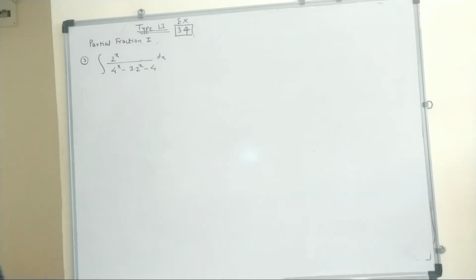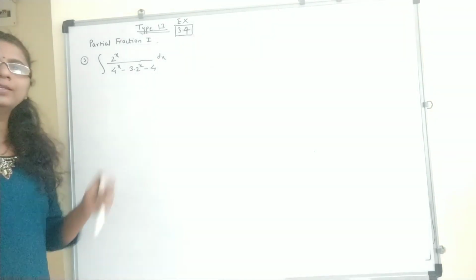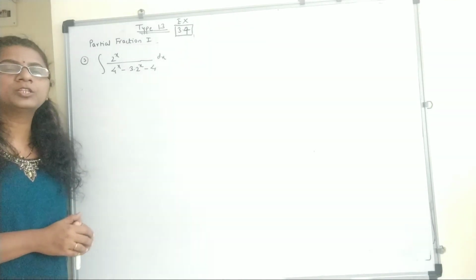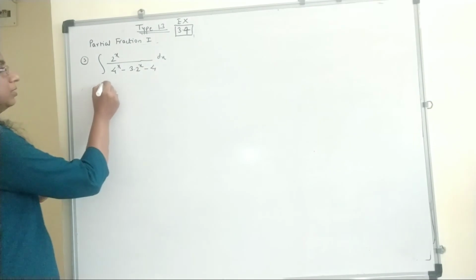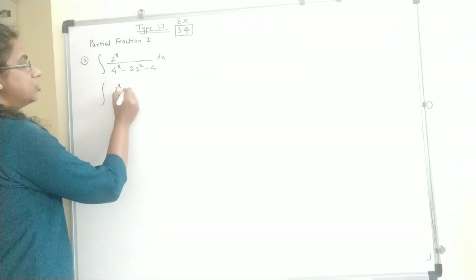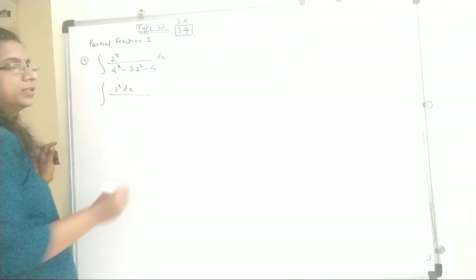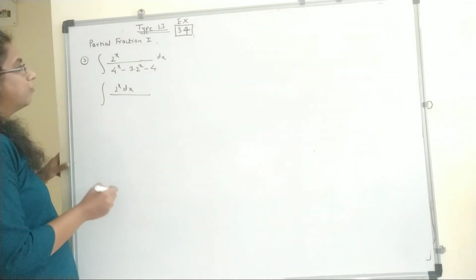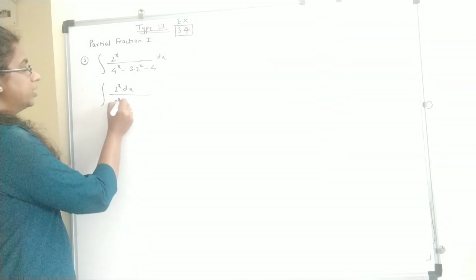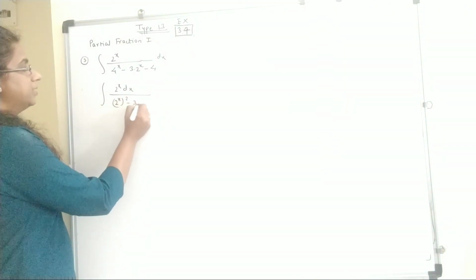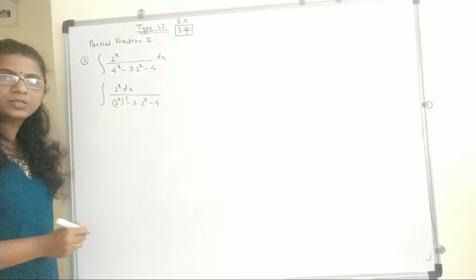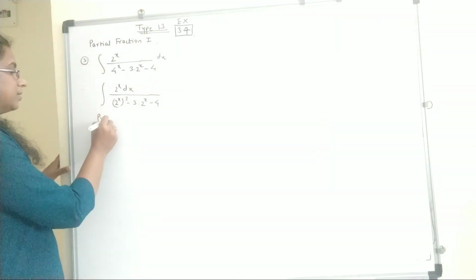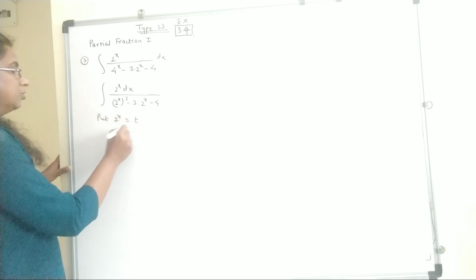We'll start with the next question. Now again this question is based on substitution with partial fraction. Now let's consider the numerator, it is 2 raised to x dx. Now consider the denominator. 4 raised to x is (2 raised to x) whole square minus 3 times 2 raised to x minus 4. Now we'll substitute 2 raised to x as t, so that if you differentiate it,